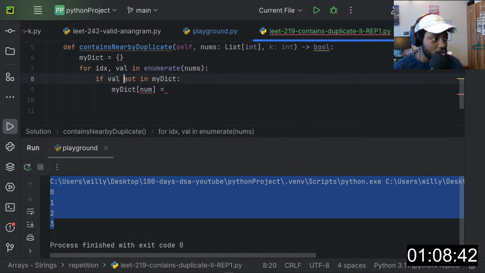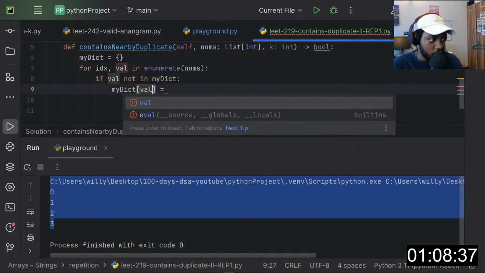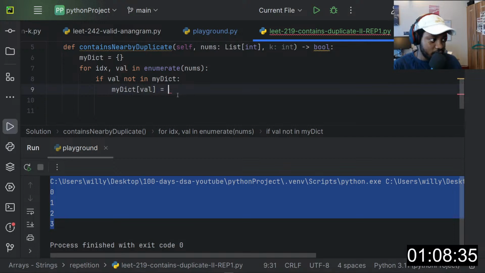If the value is not in the dictionary, then I'll add the value to the dictionary, and then I'll set the position at which it is.